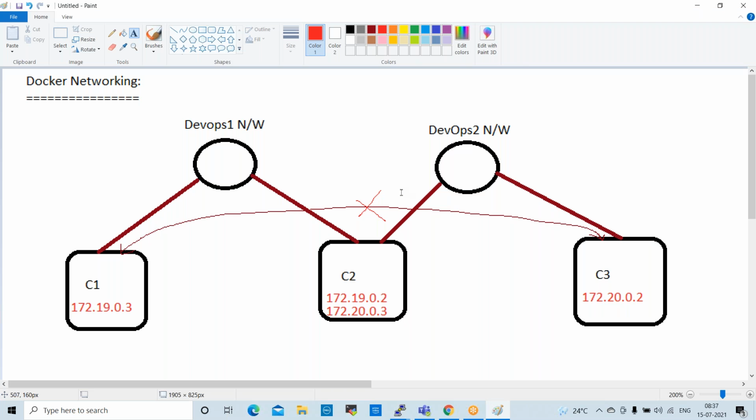So like this, last month we performed some activity in our project. The client requested us to restrict some network traffic to some containers. So we created 2 different networks, and in those networks we created some containers, some important containers. Communication we enabled from one network to the other network, but some containers we restricted. Database containers, the DB containers, we restricted.